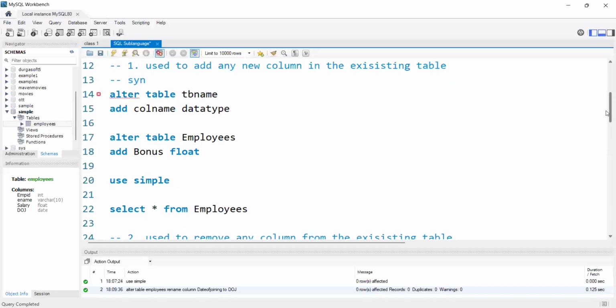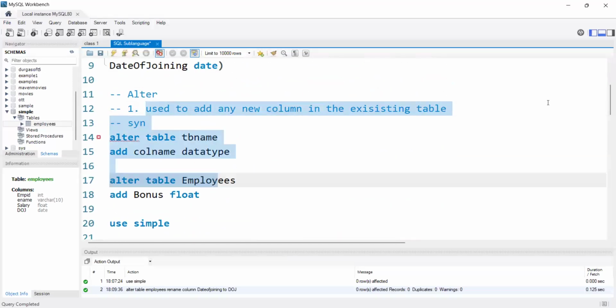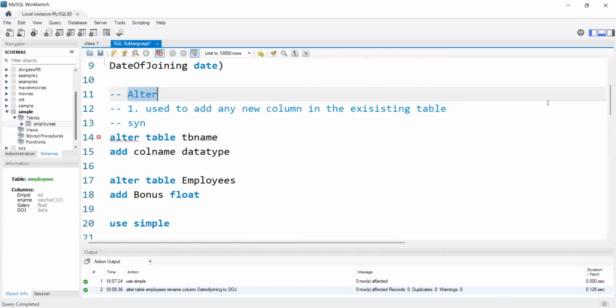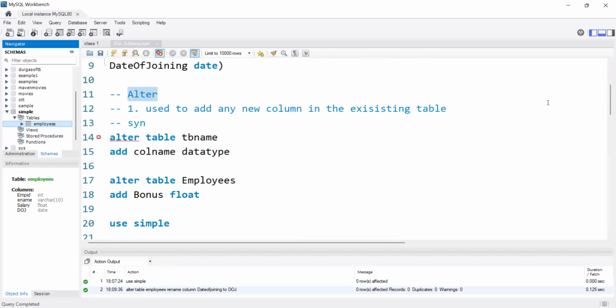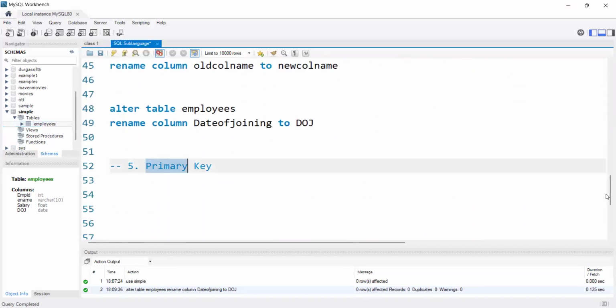Okay, so basically with the alter command, we have 5 use cases. After creating any table, if we want to make any changes to the structure of the table, we will use the alter command, right? That is what we did. The fifth use case is about the primary key. I will discuss it later. Okay,